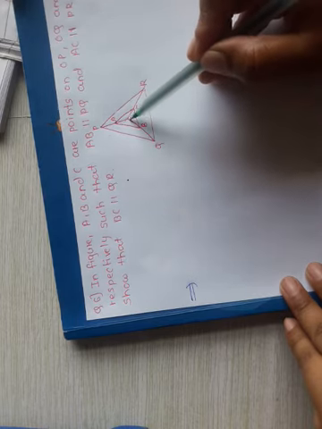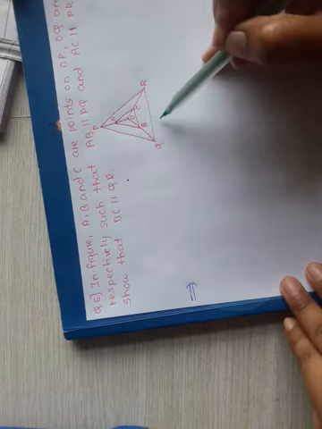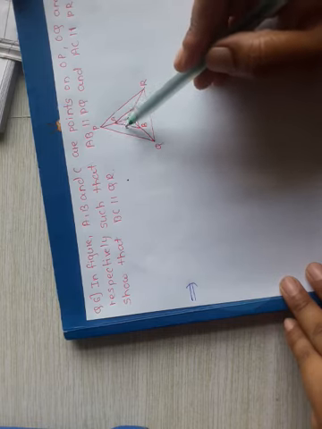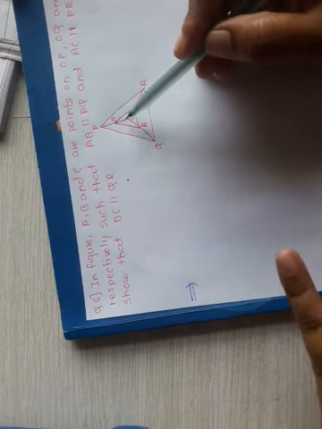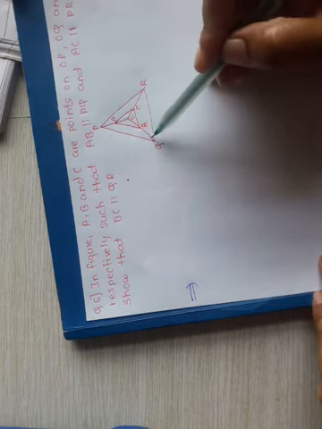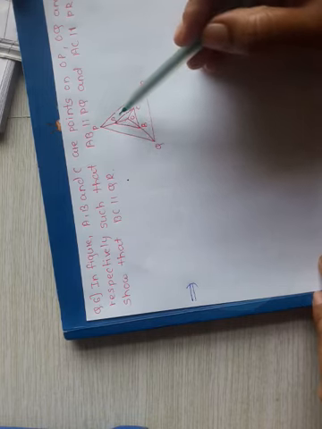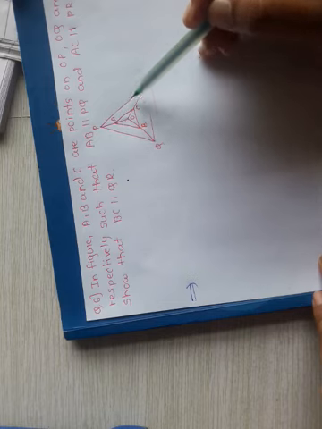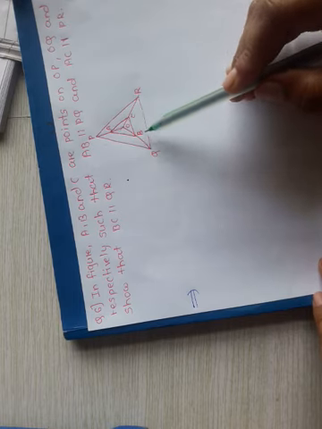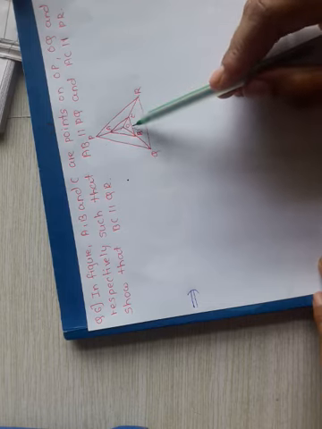And what we have to show is, in triangle OQR, that BC is parallel to QR. If lines are parallel, what is the statement of the basic proportionality theorem? If lines are parallel, then the ratios must be equal. So in triangle POQ, if AB is parallel to PQ, the ratios must be equal, and similarly in triangle POR, if AC is parallel to PR, the ratios must be equal. To prove BC parallel to QR, the ratios in triangle OQR must be equal.